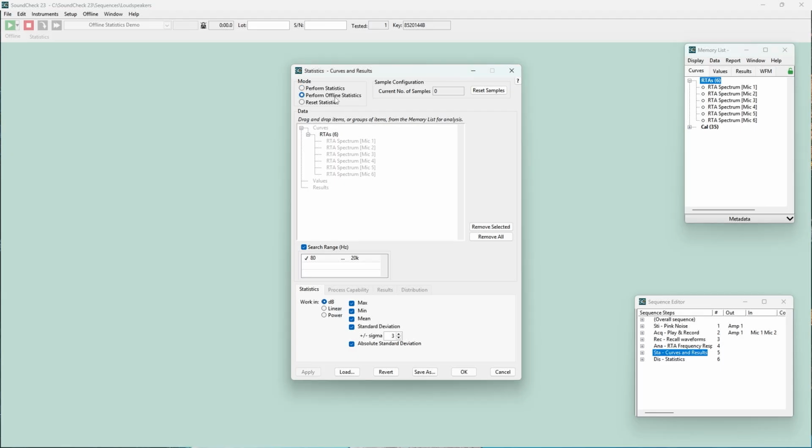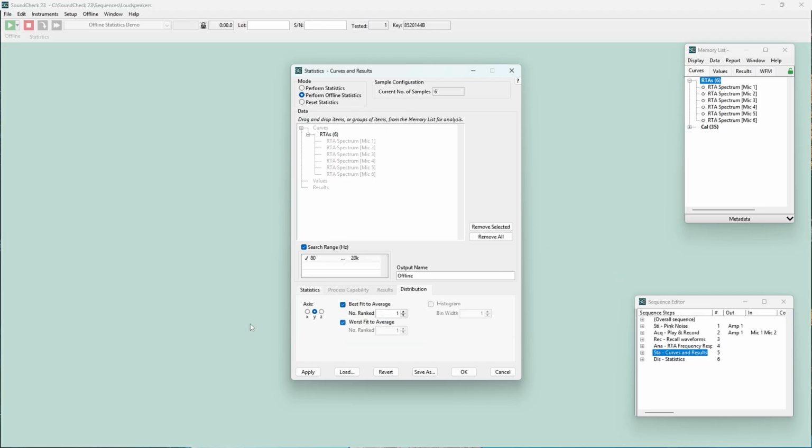Let's select this. Now you can see the median function appears on the Statistics tab, and the Distribution tab is enabled, giving us access to the best and worst fit options and histogram output. You can also apply a custom name to your statistical data. We'll have it run a full set of statistics including maximum, minimum, mean, standard deviation, median, and best fit to